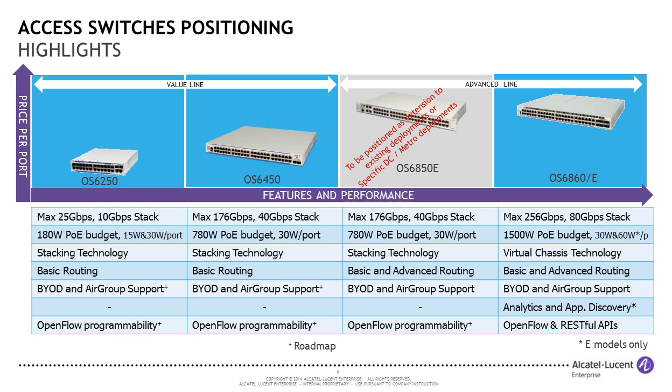Another important difference, I think, with the 6860 is, of course, its ability to do application discovery, DPI, analytics, and enforcement of applications. It's the only switch in the portfolio that's able to do that. And then lastly, the last line on the far right of this chart talks about OpenFlow and RESTful APIs. OpenFlow will be arriving in all of our switches via a software upgrade, but the 6860 has it today, and